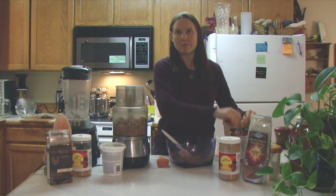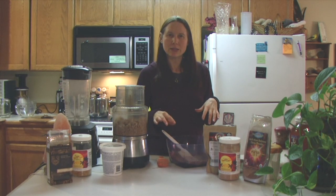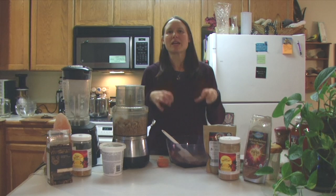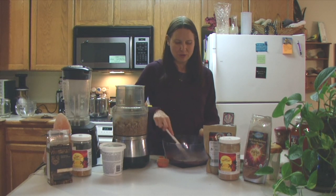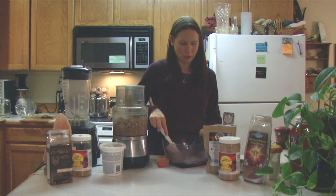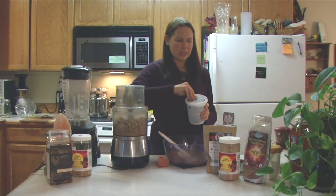But the bean, inside of the bean, has this really amazing flavor, and because the plant grows in these really desert conditions, it's designed to uptake as many nutrients as it can from the environment and store those nutrients in the bean pod. And so you're getting all of those mineralizing nutrients when you eat mesquite flour or mesquite powder. So we've got mesquite in there, and then we're going to superfood upgrade it even more by